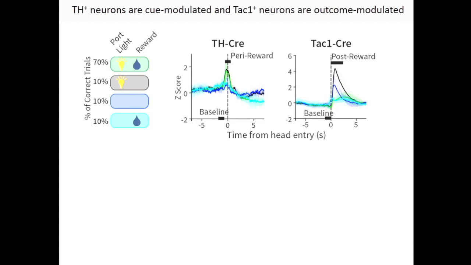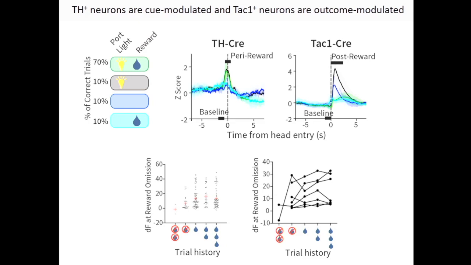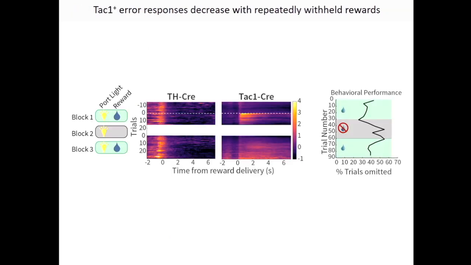And so I wanted to see if the amplitude of that error response correlated with the trial history. And so I've plotted the amplitude of these error responses as a function of what the previous trials were like. So if the previous 2 were withheld, or up to if there were 3 correct trials in a row before this omission, you see a trend towards an increase in the amplitude of that error response given a positive history of reward. And this is just clustered by average for each of the animals. But I wanted to test this a little bit more directly, and what I did was, instead of randomly interleaving these withheld rewards, I clustered them all together into a block paradigm.